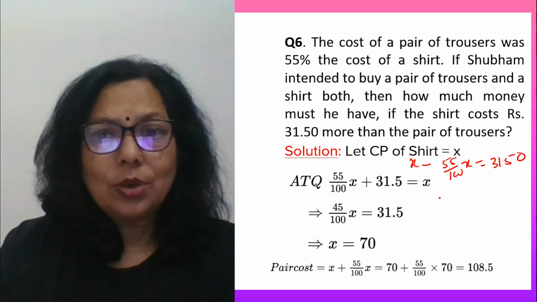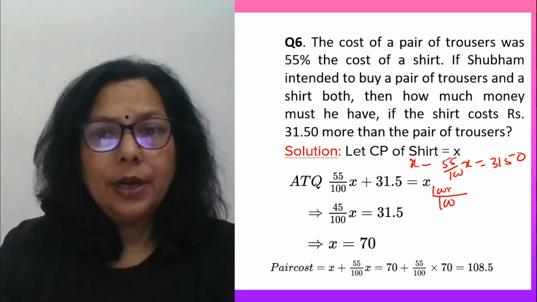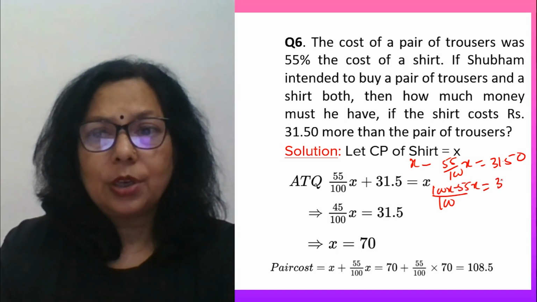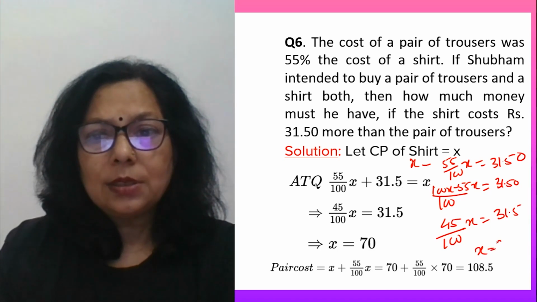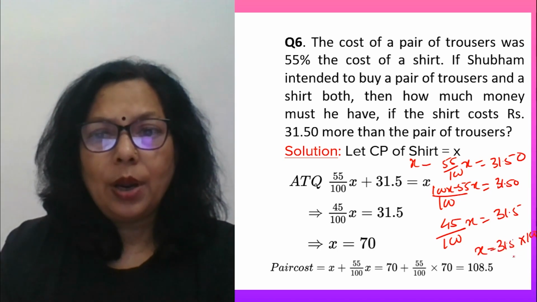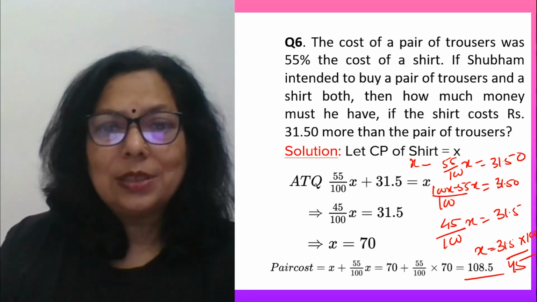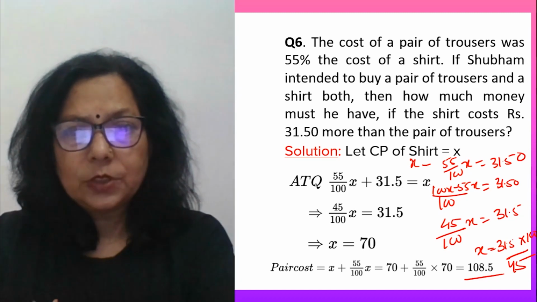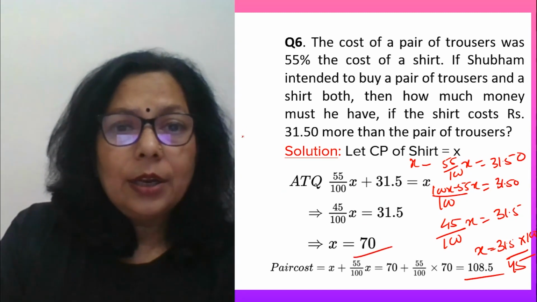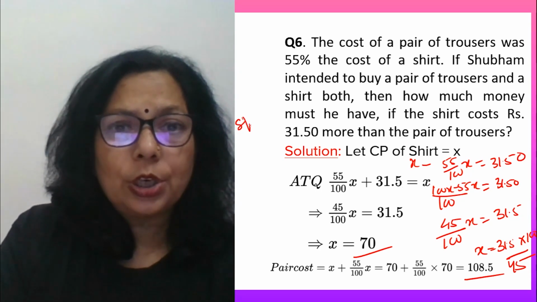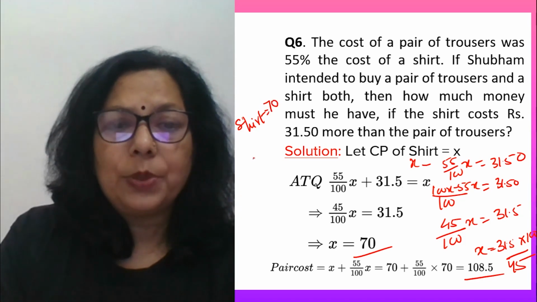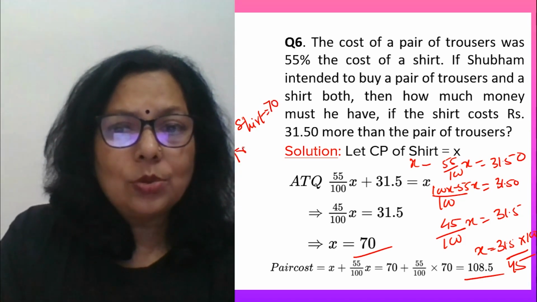So when you solve this, you will get 100 as the LCM. 100x minus 55x is equal to 31.50. So 45 upon 100 x is equal to 31.5. So x is equal to 31.5 into 100 upon 45. When you calculate it, you will get x as 70. Now when x is 70, you suppose shirt is for 70 rupees. And you know trouser